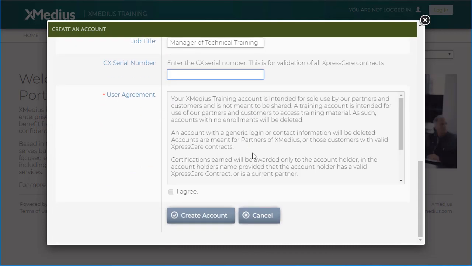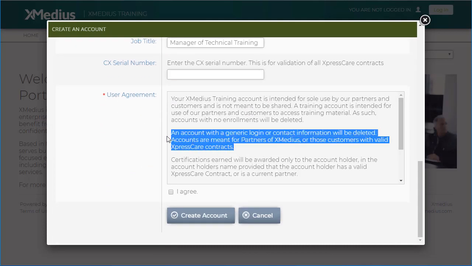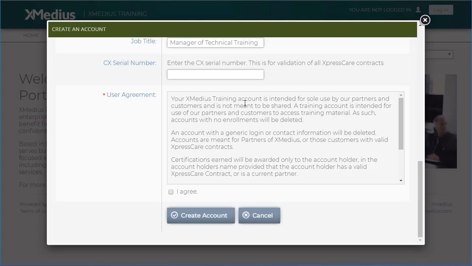Beyond that is a user agreement, and you should really pay some attention. First off, there is a section here that has to do with the generic logon that I mentioned before. You have to have a domain from a partner or a customer site. The reason being, as it says up above, this account is intended for use by our partners and our customers,